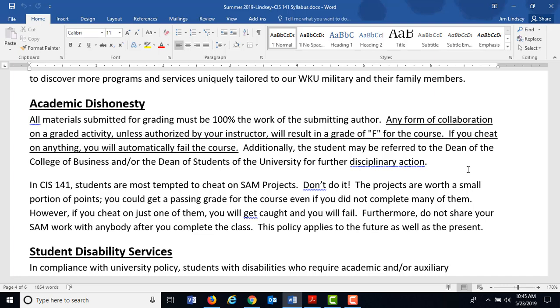Where are you most tempted to cheat in this class? You're most tempted to cheat on the SAM projects. Each of those SAM projects is only worth 25 points. 25 points out of 1,000. You could skip 2 entire rounds of SAM stuff and still get a B in a class. Please don't do it. If you cheat, you will get caught, and if you're caught, basically there's all sorts of